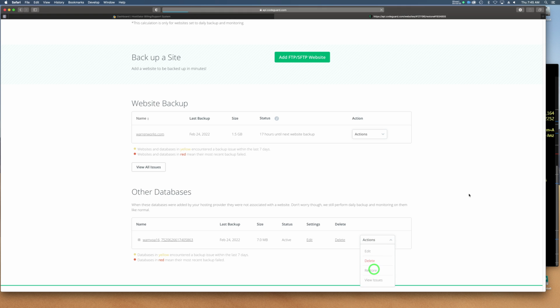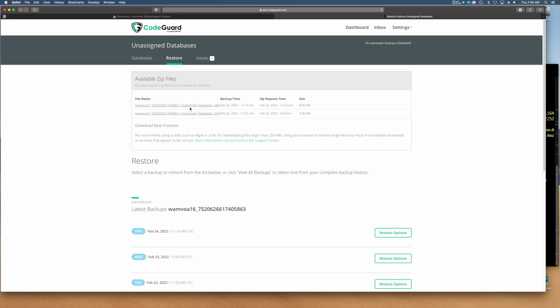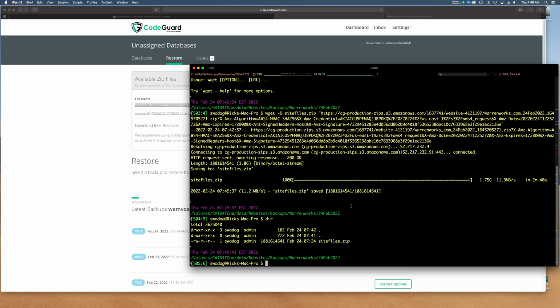So we'll go to the restore, and we'll scroll up, and we'll see that the restore zip file is ready for download, and it's 8.90 megabytes. So again, right-click, copy the link, and we're going to do wget dash output, and don't forget the name this time. So it'll be dbscripts.zip,